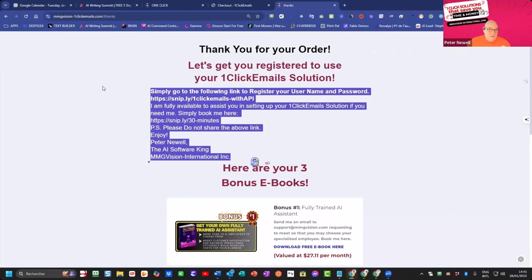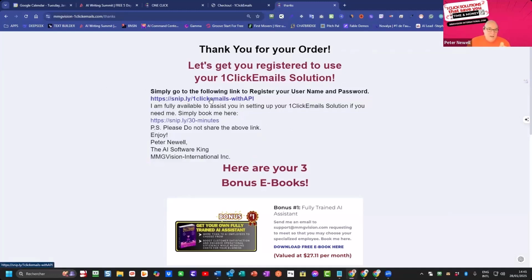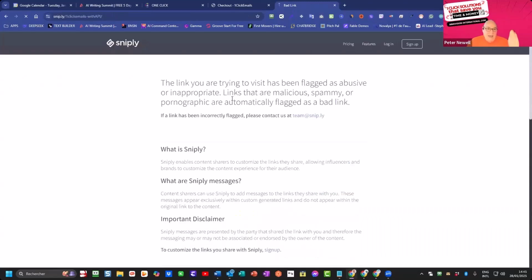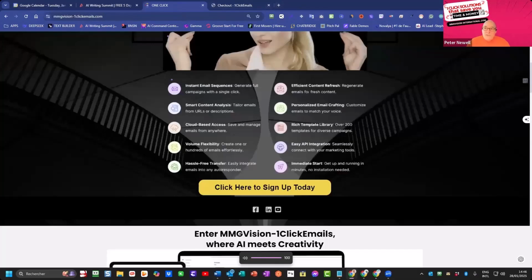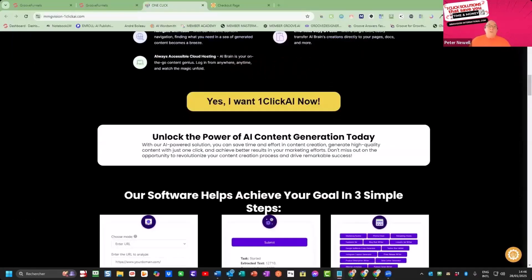You simply come here and click on this button, and instead of the $47, you put in the coupon code, which looks like this. You put the coupon here and it'll be $0. You fill it out, and then your thank you page will bring you to that page with instructions and the 3 free ebooks that come with it.